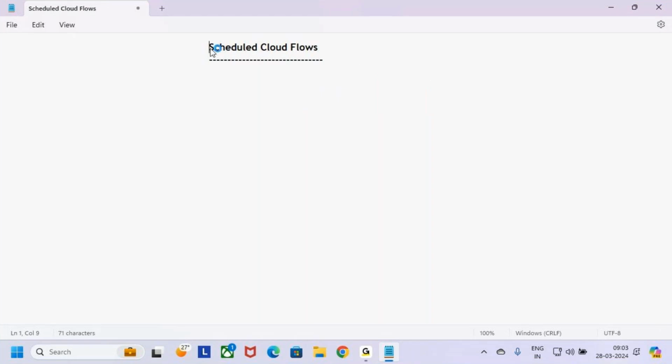In this case, we'll use the automated cloud flows. And now in today's class, we'll start discussing the scheduled cloud flows. What are scheduled cloud flows? When to use them? Scheduled cloud flows are used to automate repeated workflows based on